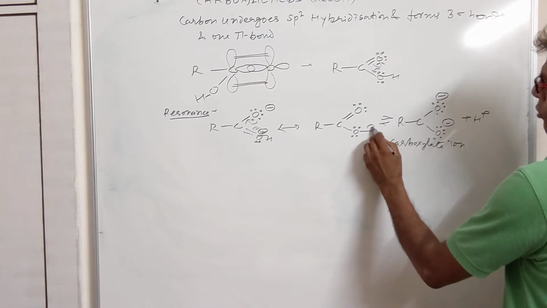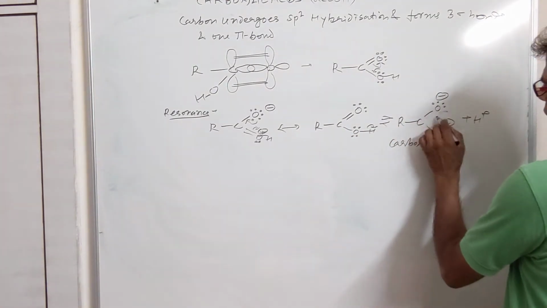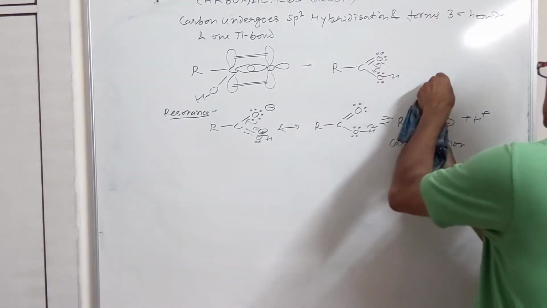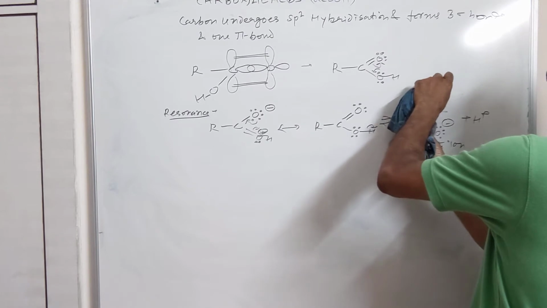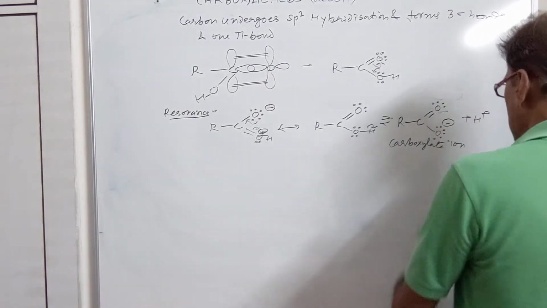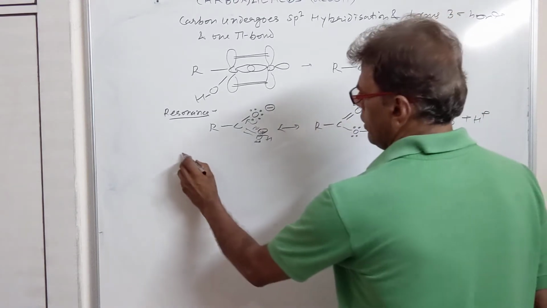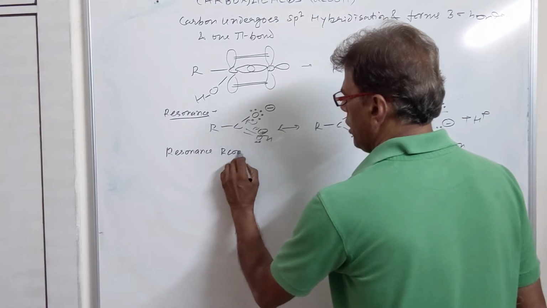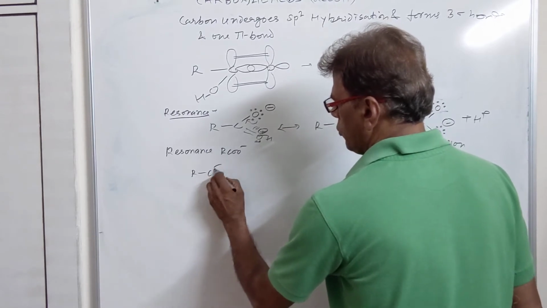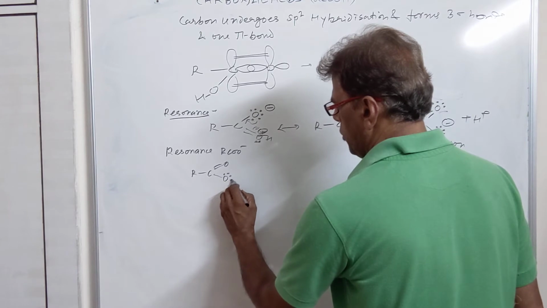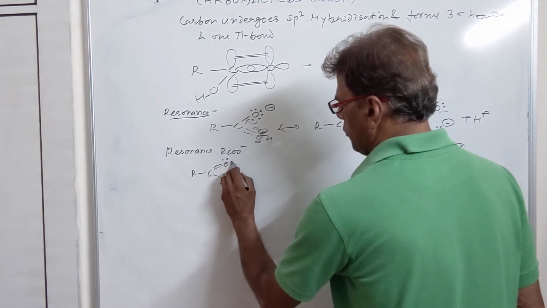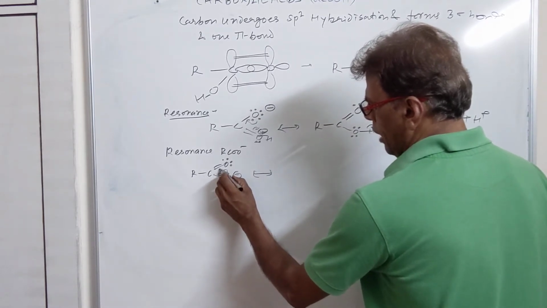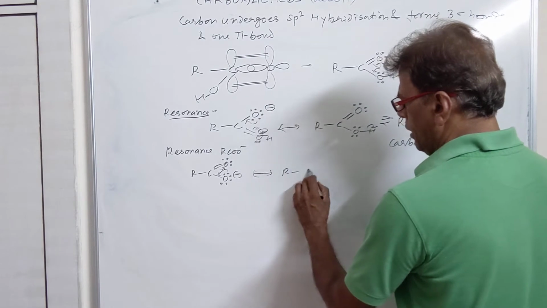When this proton goes off, this oxygen can be positively charged. By resonance, it will move its 2 electrons in the double bond character. So this will be the carboxylate ion. This carboxylate ion resonance is shown by this ion, resonance in carboxylate ion. So this is R group, this oxygen is double bonded here, this oxygen is singly bonded, having 6 electrons, it is having 4 unpaired electrons. Then 1 lone pair is transferred to this for resonance, and pi electron shifts to this. We get another structure here.